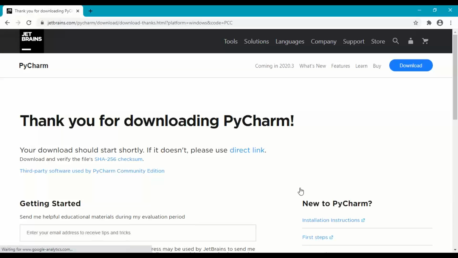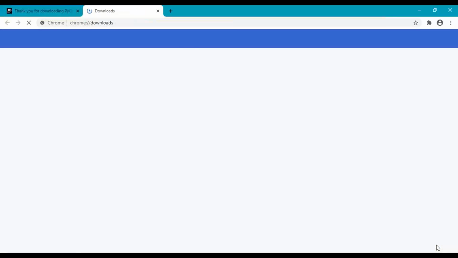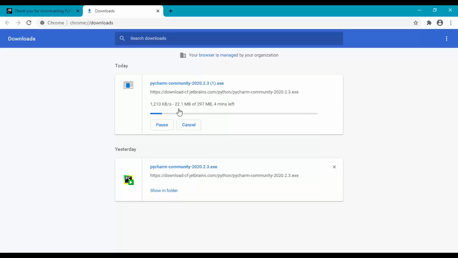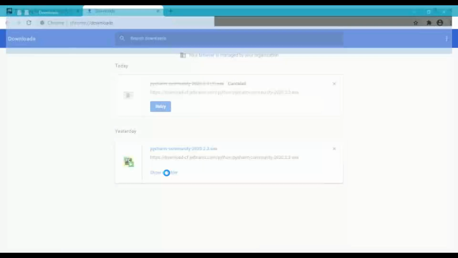When you click on the download option, it says thank you for downloading, and the download starts automatically at the bottom left of your status bar. On the right side, you can say show all, right. I have already downloaded this, so I'll simply say pause and then cancel. Let's not waste the time, okay. Fine. So after downloading, simply click on show in folder,